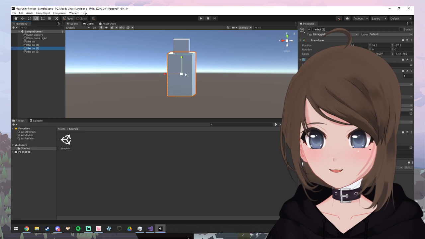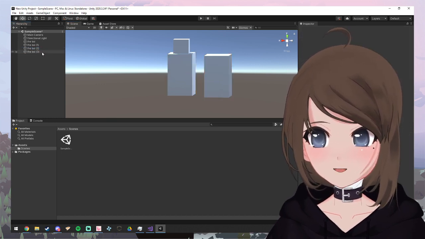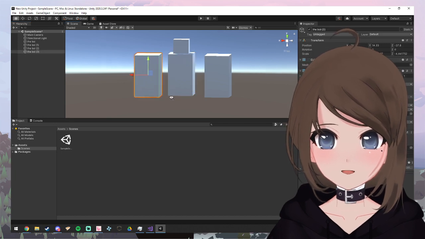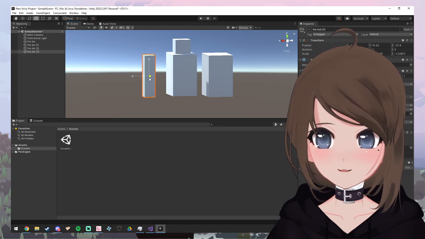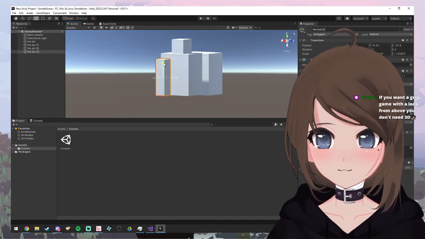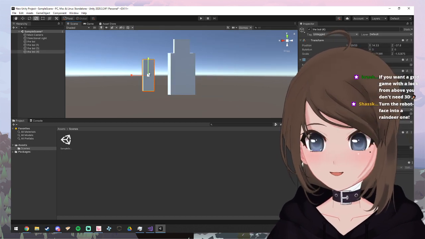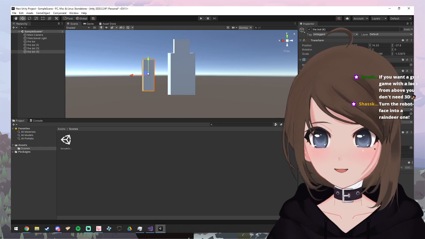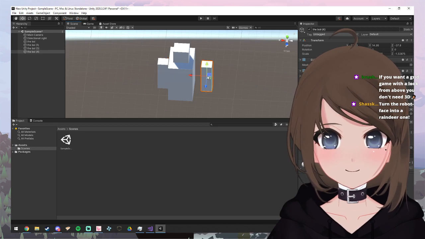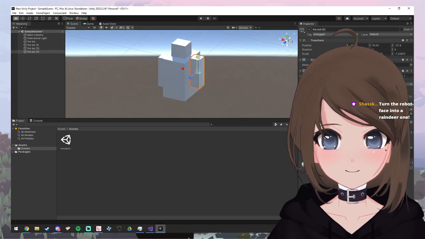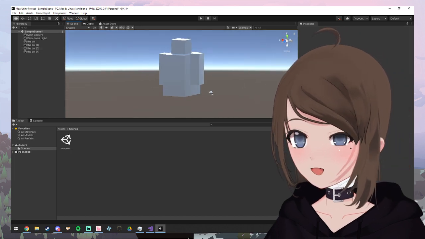And then get another two of these boys. And then get the move tool. And put that one there. And then get another move tool. Put that one there. And then we go back to the scale tool. And we go small, small, shorten. Actually, I can just delete this one. And then duplicate this one. And then go back to the move tool. Put this one here. And then alright, cool, I made Roblox, let's go.